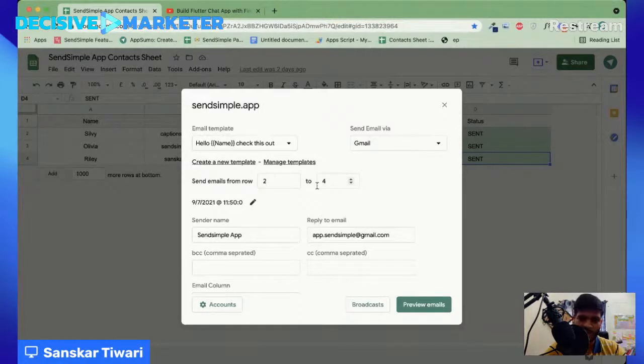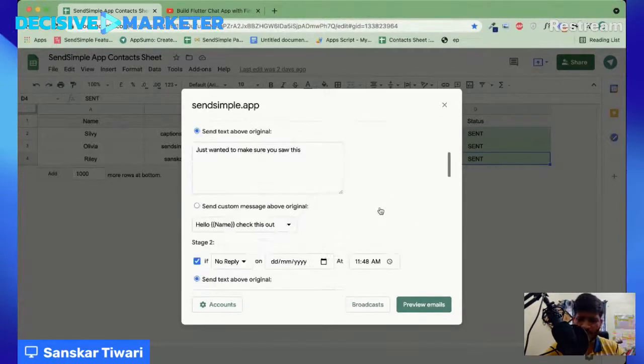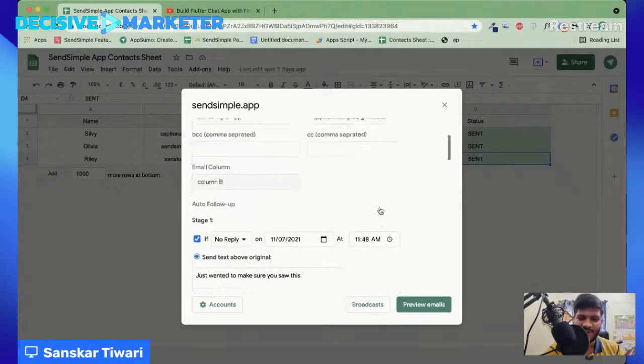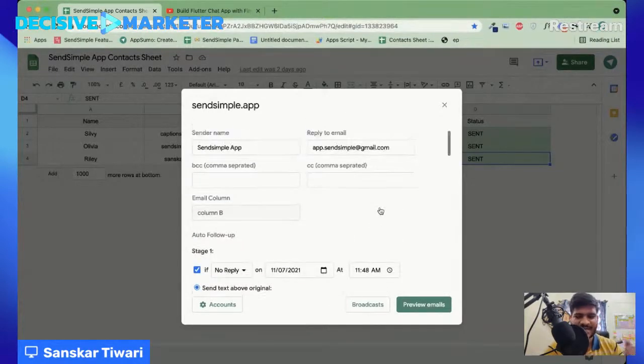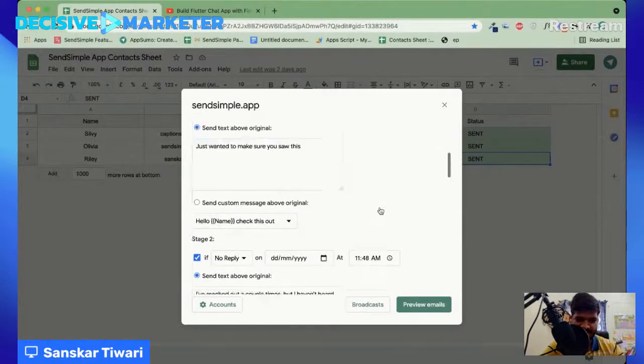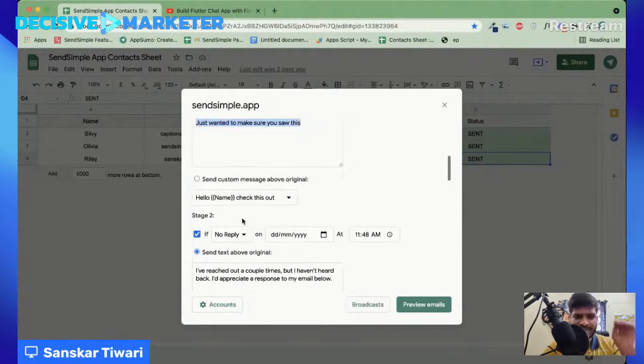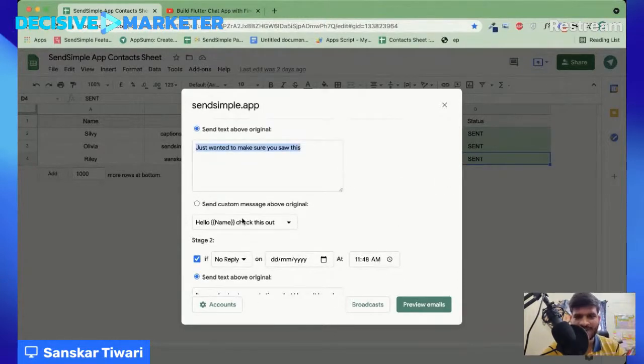Your email will go to the inbox because we have all the options of using a Gmail account. You can use a G Suite account. You can make sure that your emails are going to go to the inbox. And you also have auto follow-up, because as there is a saying, money is in the follow-ups. So missing the follow-up is not a very good thing. It's better to at least set up a very simple one. As you can see, this is not something I wrote. It was already there, so you don't have to write these. You can just click two buttons and you have auto follow-up ready. So at least add that so that you have more chances of getting a reply.